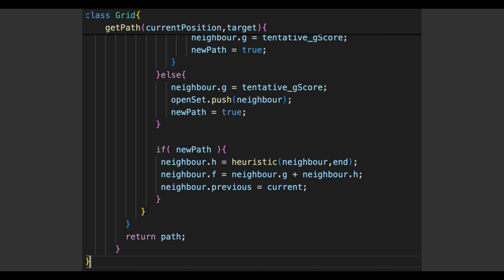This is how our A-star algorithm helps us to find the path in real time. If any pixel becomes a wall, we can call the getPath function again and it will return an updated path. That's all for this video guys. So far we have covered the lane detection, allowing us to check which pixel the car can move on. Based on this 2D map, we then find the shortest path from the current position to the target. Once we have this path, we will navigate the car automatically, and we will cover the navigation in the next video.